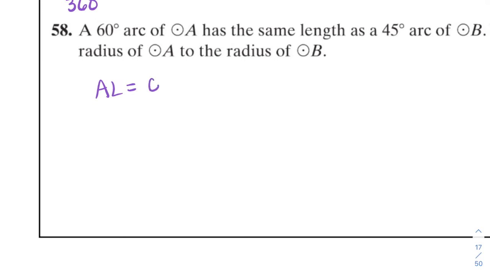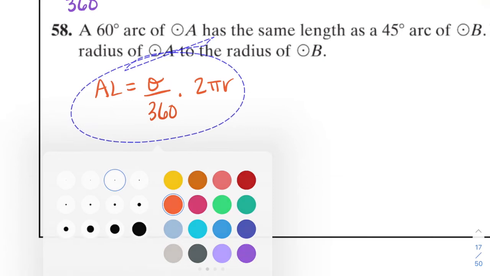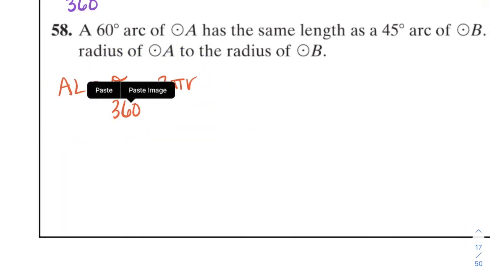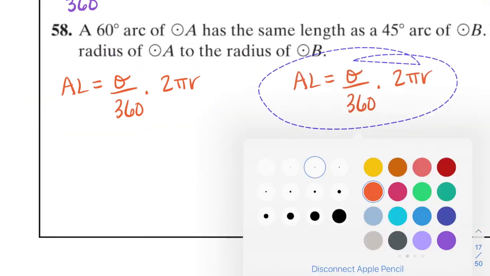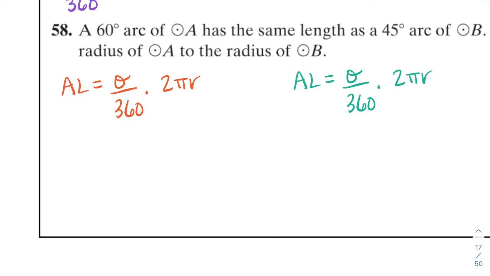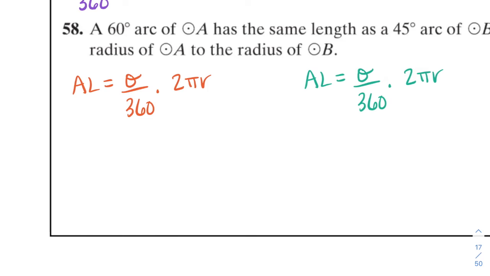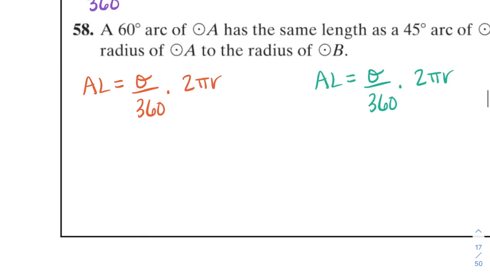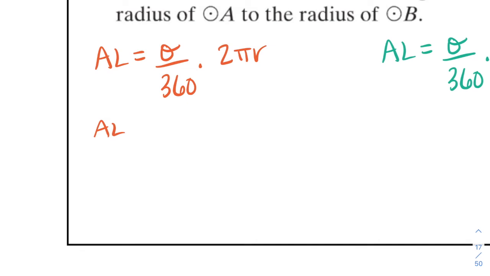So arc length equals theta over 360 times 2 pi r, right? So we have two of these, okay? We have this one, and we have this one. And what we do know is one of them has a 60-degree arc, and the arc lengths are the same. So imagine that the arc lengths are the same. So in this case, AL is equal to AL. One has a 45, one has a 60-degree,